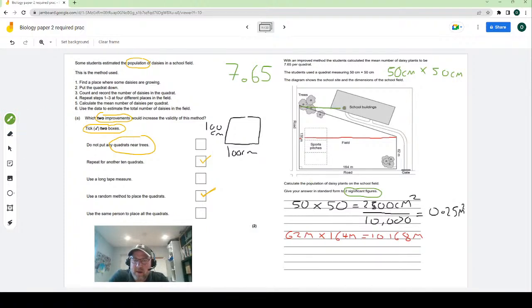Now, we know it's still 164 wide, but I'm going to do 130 because that whole side is 130 minus 62. I know that this bit is 68 because remember, they've got to equal 130. So I know that's 68, so I'm going to do 68 times 164, and then we want to divide by